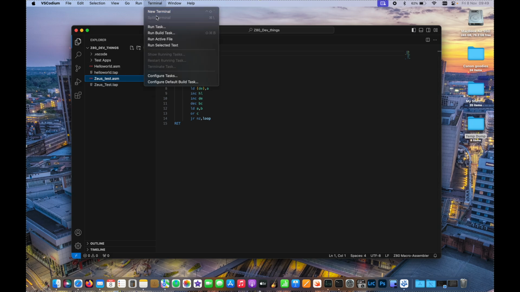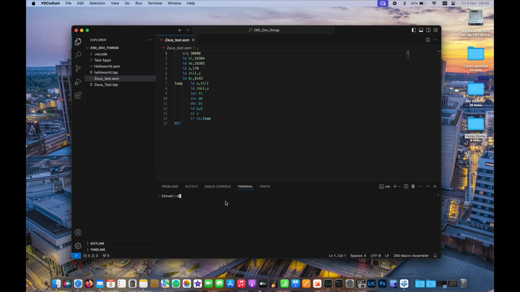So I click on terminal, new terminal, and the terminal pops up at the bottom of the screen. Now just see where I am. So yeah, I'm in the right directory. So what I would need to do is type Pasmo,